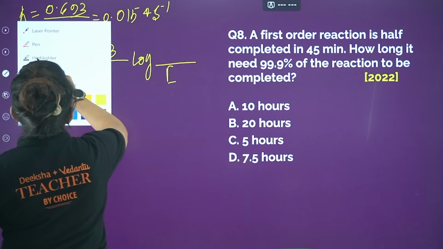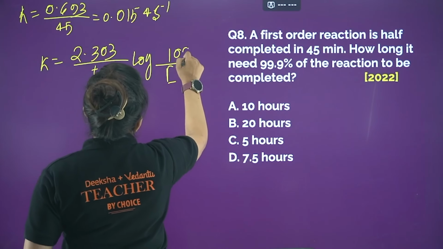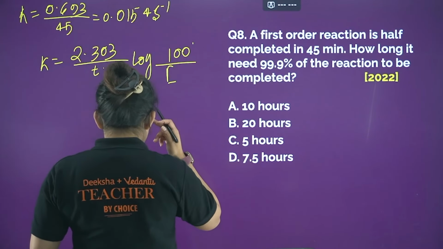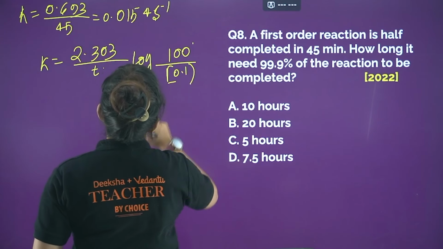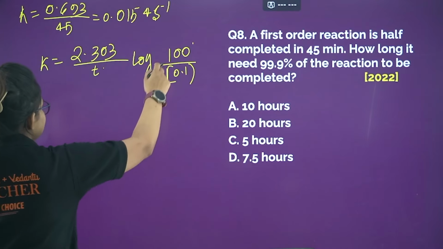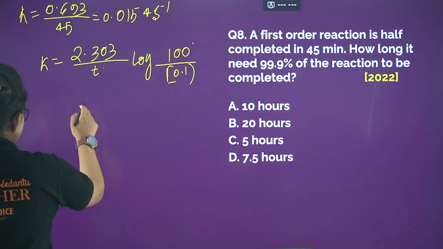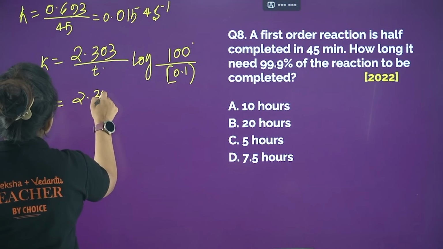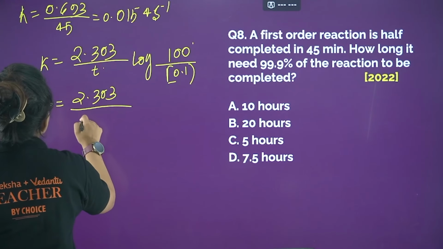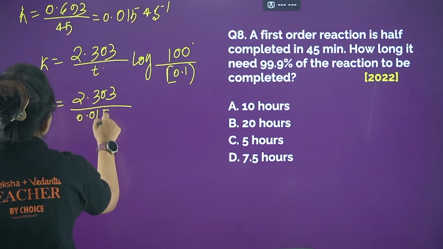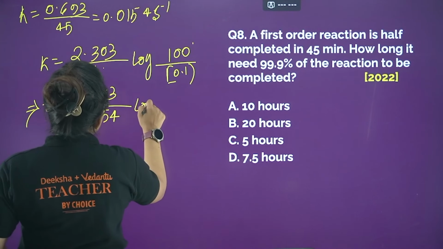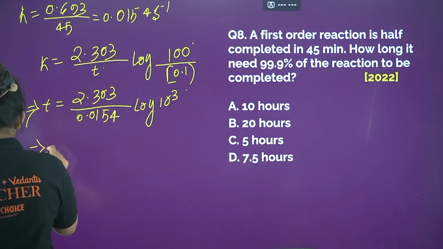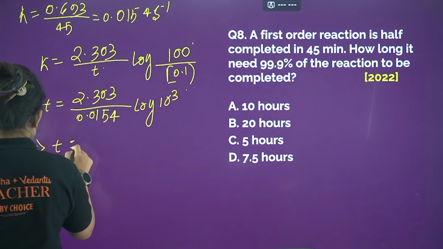So I am simply starting with 100. Now 100 minus 99.9 comes as 0.1, right? So if you calculate, this will come as 10 cube. So simply calculate this: t equals 2.303, put the value of k from the equation, 0.0154 into log 10 cube. So if you calculate, your time will come as